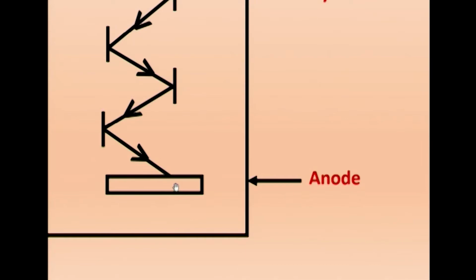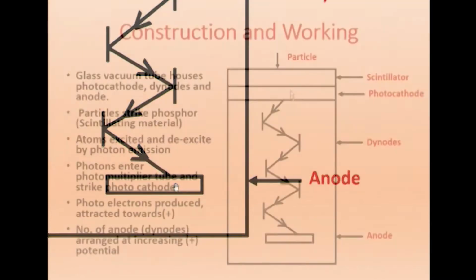So the idea is, any particle which enters will strike the scintillator, for example ZnS, that will emit a photon. That photon strikes the photocathode and it will emit an electron. This electron, being negatively charged, will be attracted towards the positive potential and will be reflected to and fro. Finally, it will reach the anode, and from here there will be a pulse. For every potential there will be a pulse, which can be counted with maybe digital counting.